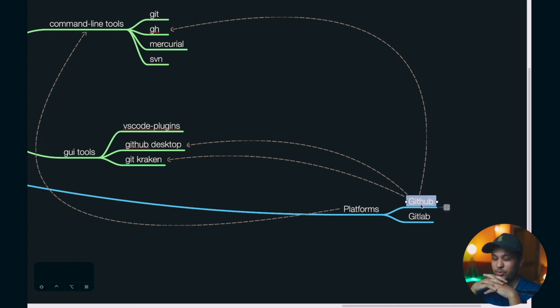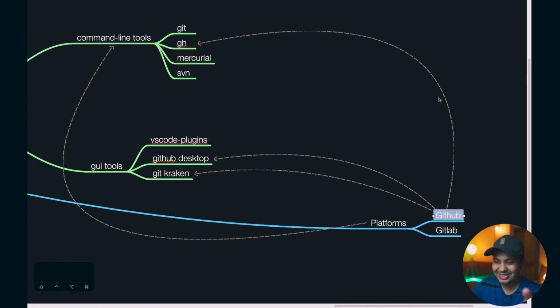This was quite long, so I think I'll wrap up this video here today. I'll make a part 2 of this where I will be going into the commands of Git and GH and explain my 9 or 10 most used commands, and I'll also try to put them in a linear way based on my workflow, and I'll explain how I use Git and GitHub in a real world scenario, and hope